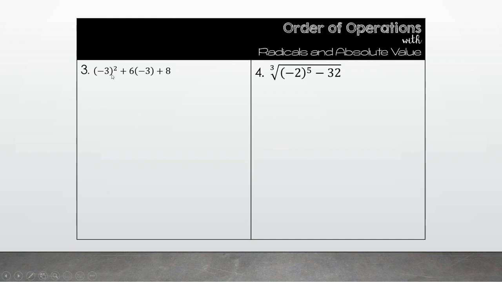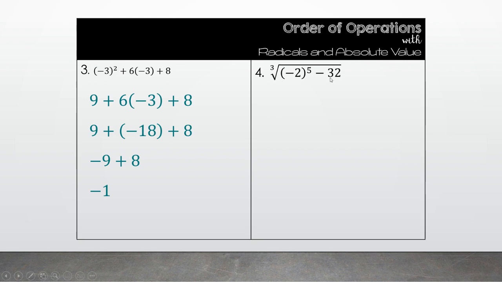Number 3, we would evaluate exponents first. -3 squared, that means -3 times -3, that's positive 9. And then we would do the multiplication with 6 times -3. So we get 9 plus -18 plus 8. And then we can add 9 plus -18 gives us -9, and -9 plus 8 gives us -1. Number 4,